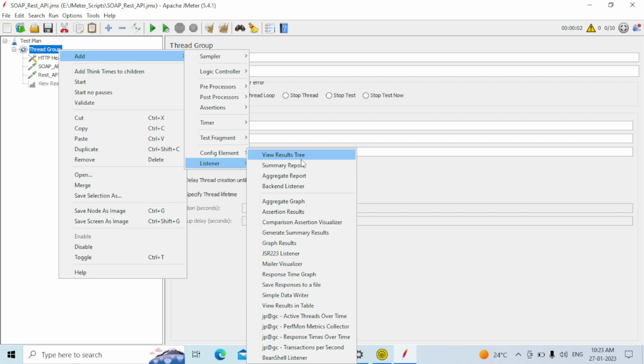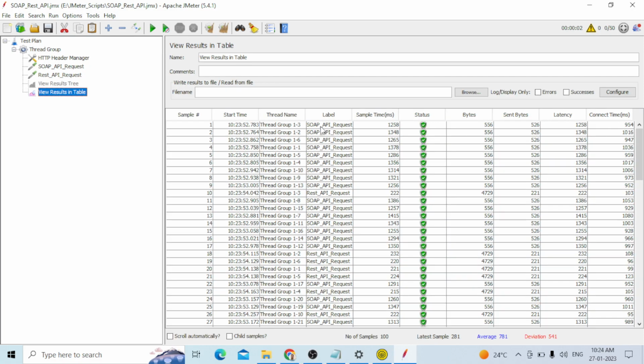Okay, now when you run 50 users, both SOAP and REST are working, right? There is no issue and there are no failures. But whenever you run a very heavy load,